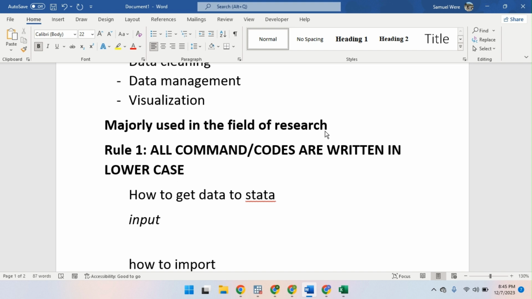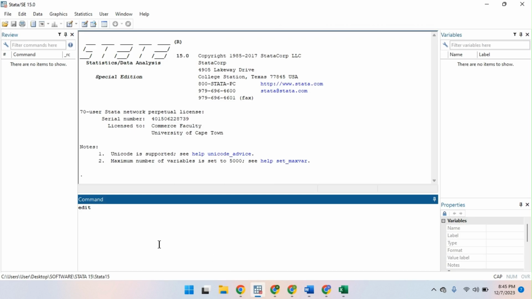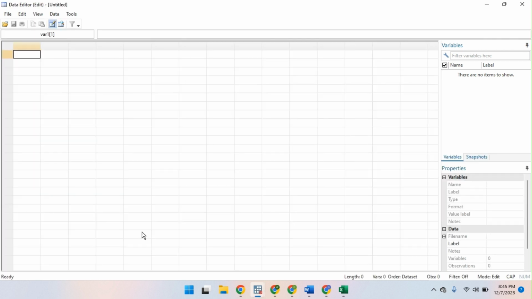So it's very simple. Just write them in lowercase. The next thing is, if I want to copy paste that data into this software, the first command that I need to write is edit. So if I type edit and execute by pressing enter, then it gives me this editor mode, and I can